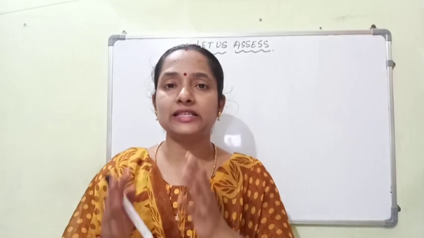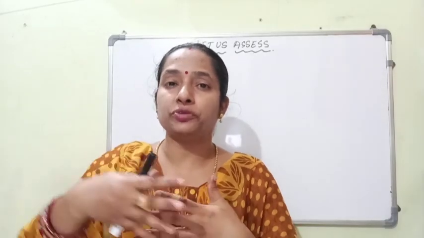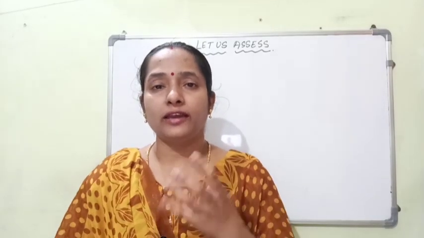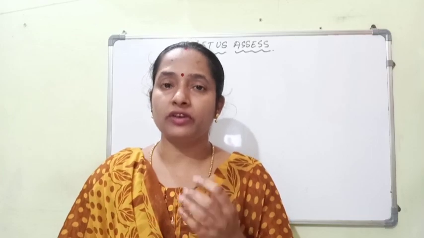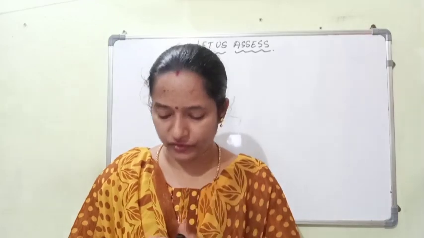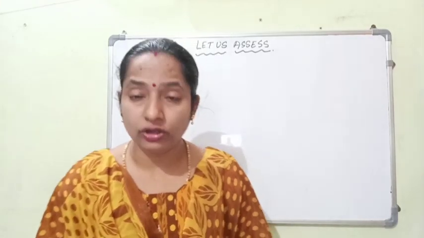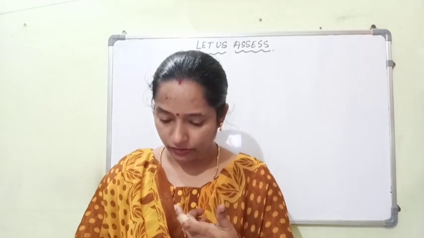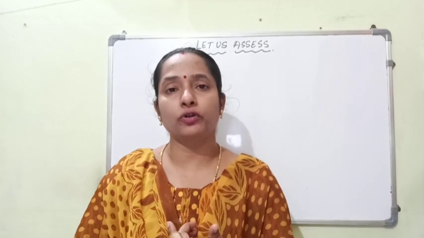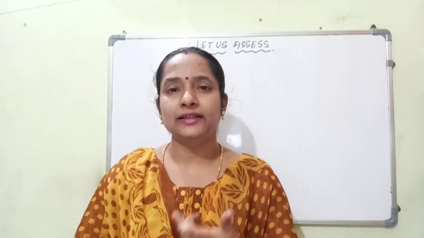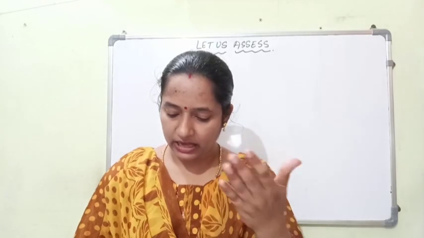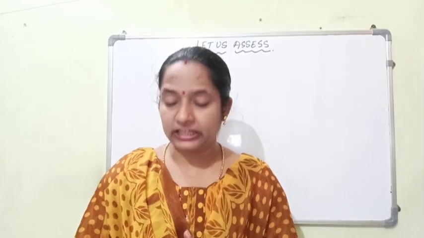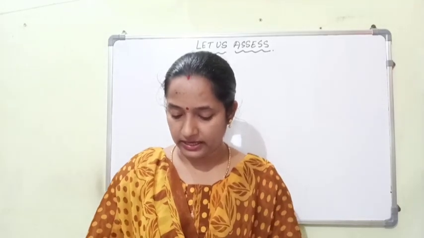So whenever the concept of equal distribution is there in any question, then definitely we have to opt for finding the HCF of those given numbers. So the maximum length of each piece of string can be found by finding their HCF. Right. Now let us move to the next question, that is question number 10.